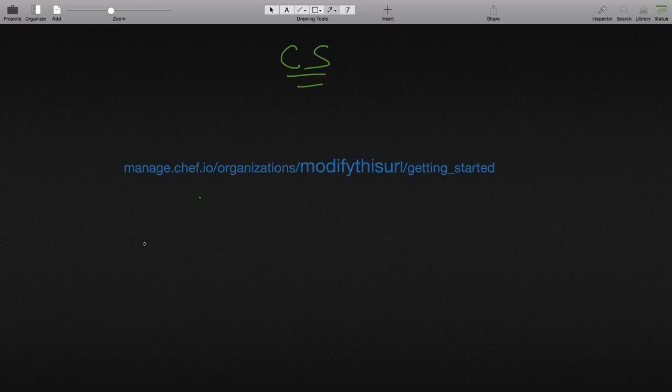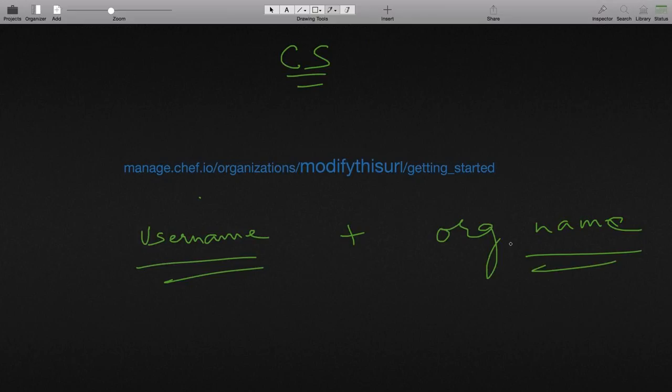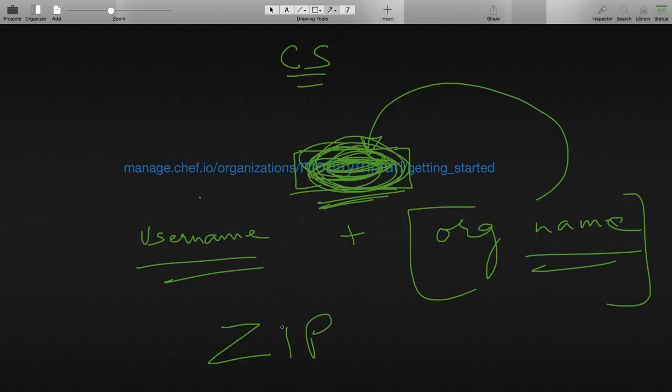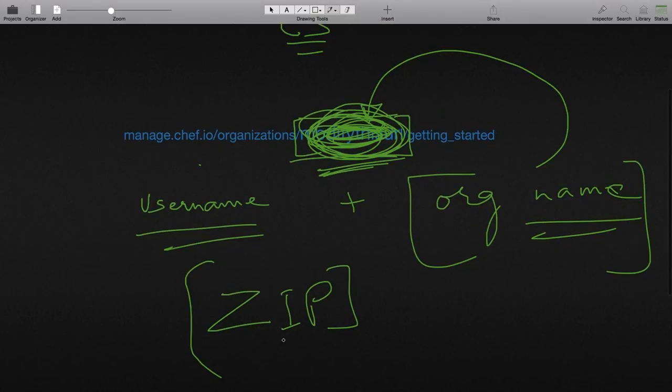So in this manage.chef.io site, you must have a username, and in addition to a username, it must have asked you to create an organization name. So you need to use the organization name here. And that is what you need to change, and then go to that site, and what you will find is that it is going to give you a zip file. This zip file is what we need for us to connect to that remote machine. We actually need a bunch of other things also, but this is just one of the things that we need. And so you have to go there,